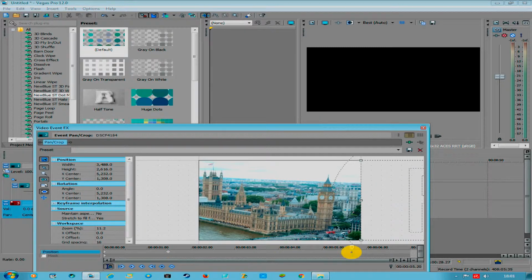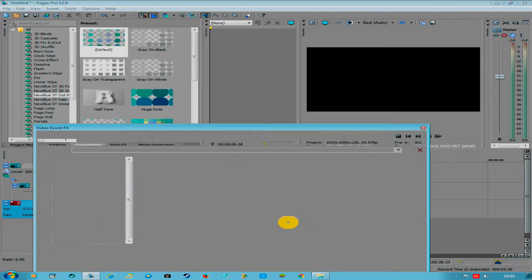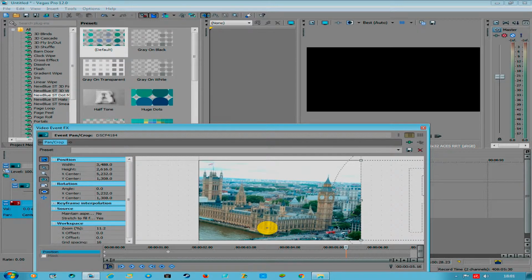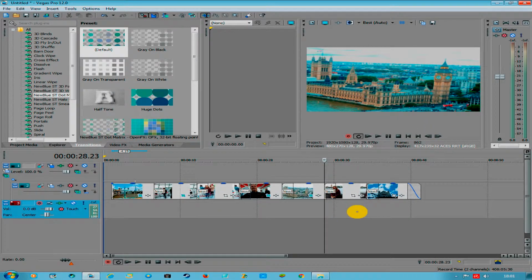We go to the end. I might need to do this without, so I get the right spot. It's about there. And then zoom in to there. So it should slide in,